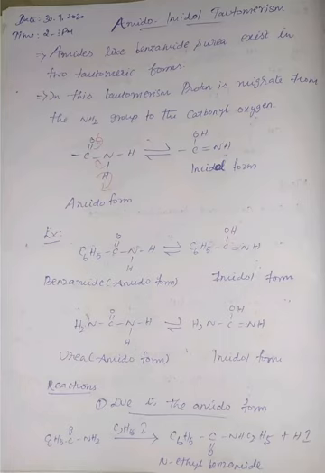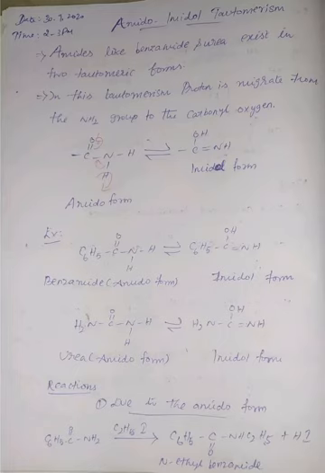This is the tautomerism. The amide group, CONH2, is the amido form, which is in equilibrium with the imidol form. Here the NH bond shifts between carbon and nitrogen to make a carbon-nitrogen double bond. At the same time, the carbon-oxygen bond shifts towards the oxygen atom, so it gets a negative charge. The proton migrates to the oxygen atom and converts it to OH. So you get C(OH)=NH, that is the imidol form.